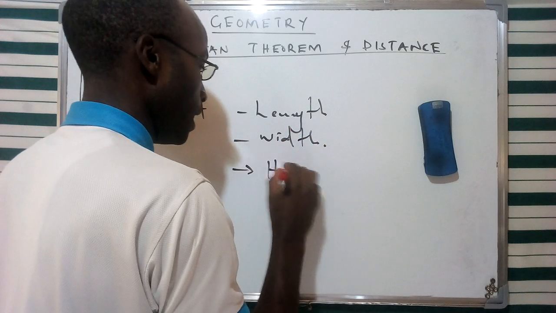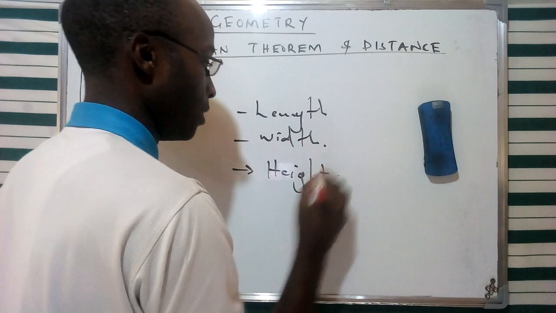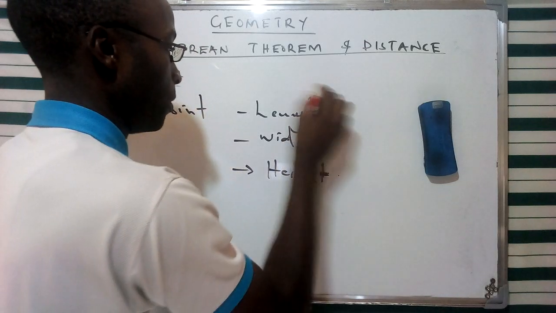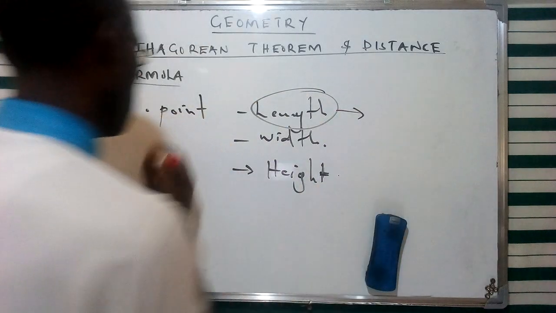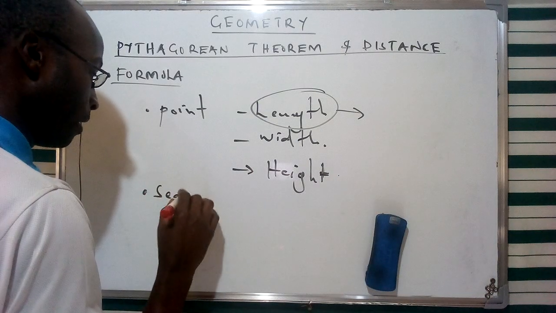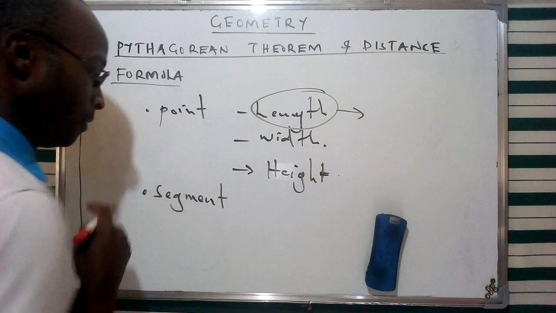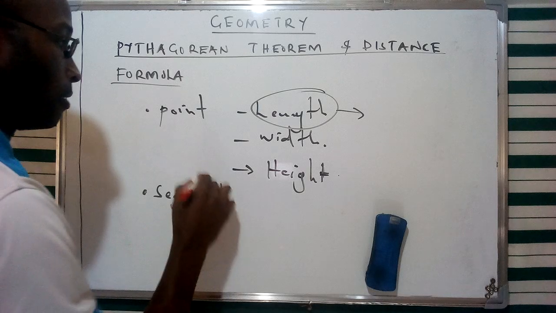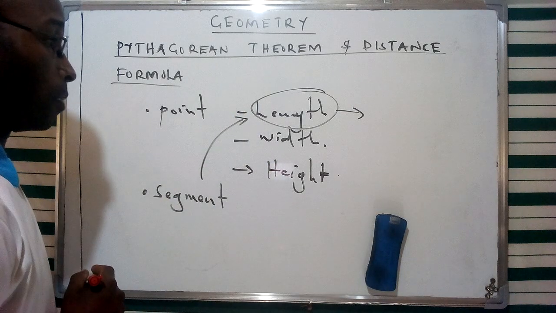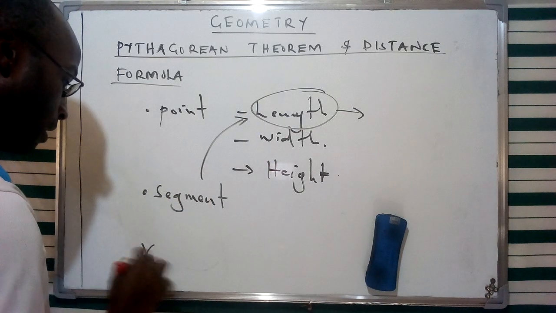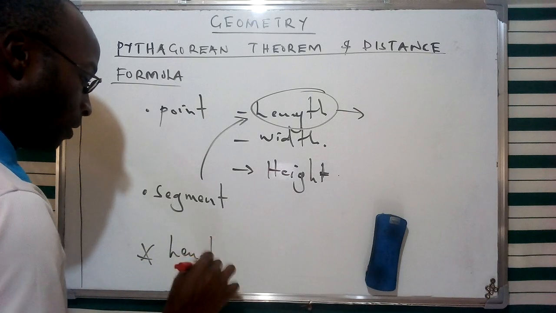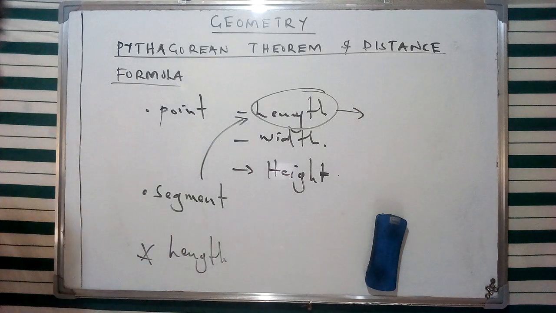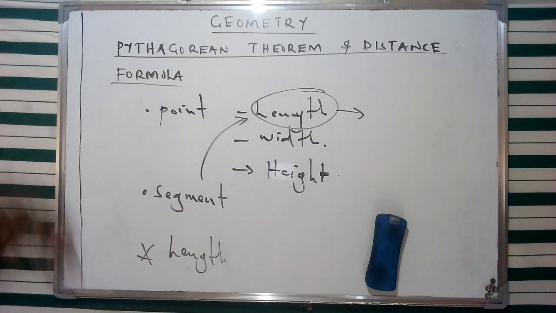and height. Now, in this specific discussion, we're going to see that the aspect of distance is going to exploit this particular concept of length. In our last discussion, apart from the point, we talked about the concept of a line segment, and this is going to assist us in describing the concept of length. We also talked about the length of a segment, and we gave a specific formula, which we're going to see later applied in